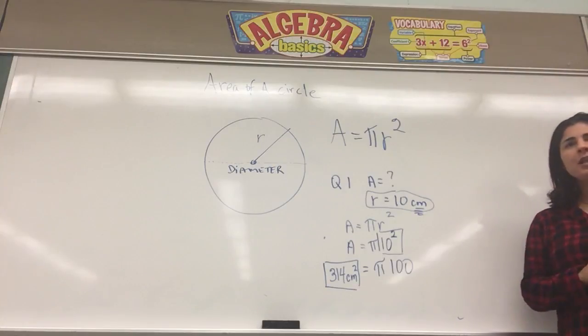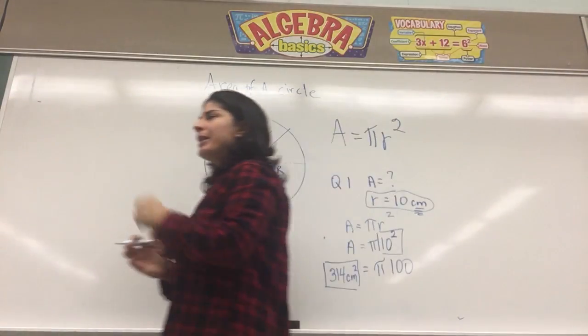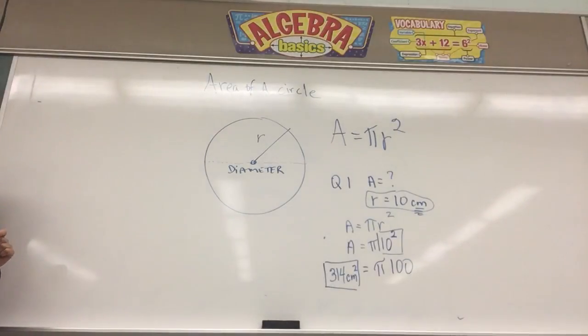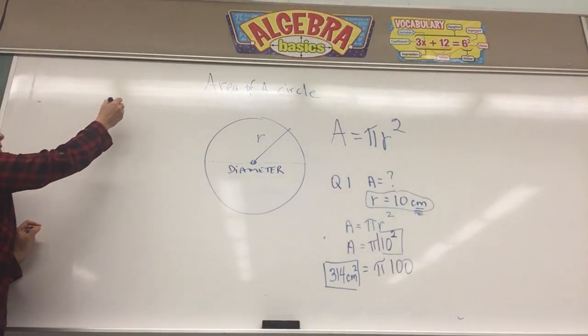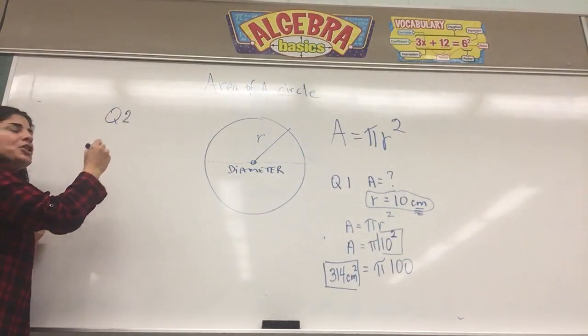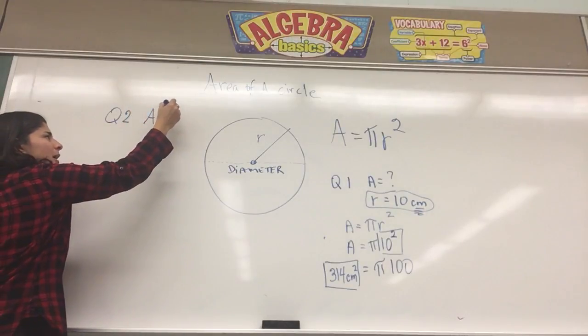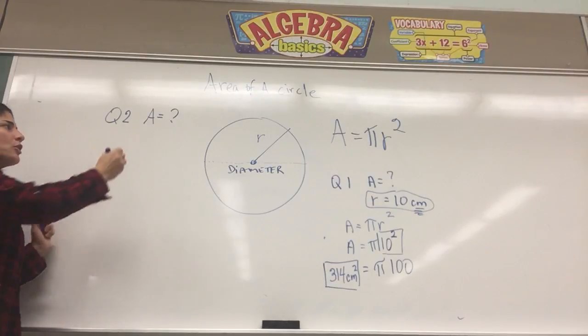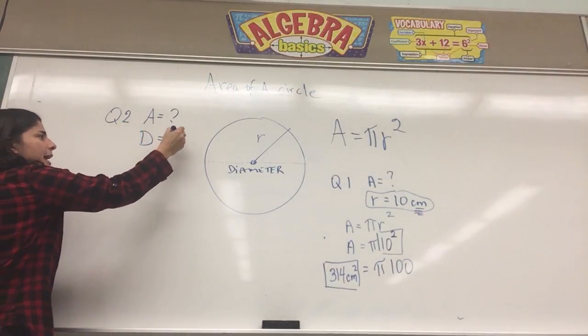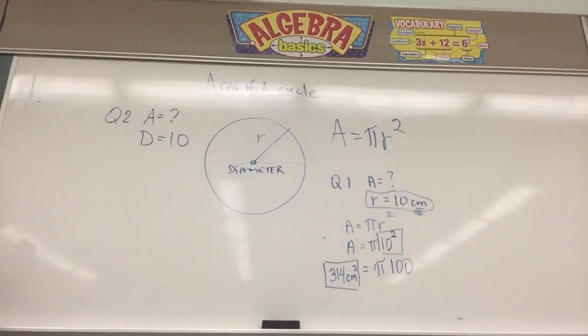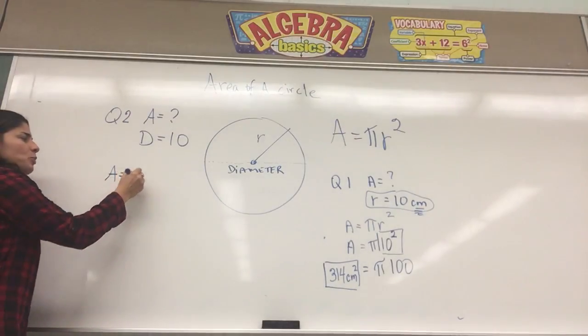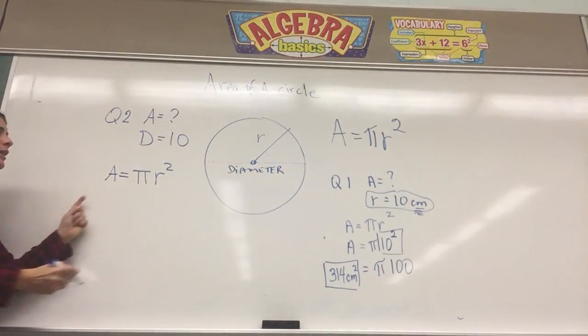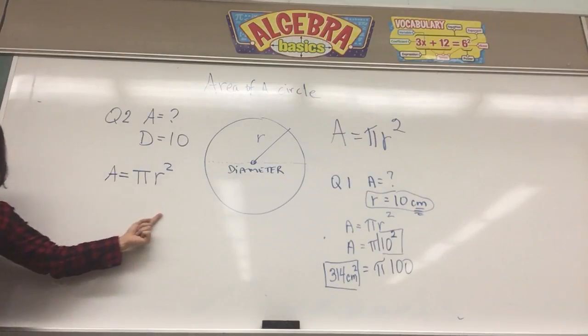So, question number 2. Let's make it a tad harder. Ready? Question number 2. I'm going to ask you for the area, but I'm not going to give you the radius. I'm going to give you the diameter. So the diameter is equal to 10. What's the first thing that I'm going to do? First, the formula. A equals pi r squared. And when I look at my formula,